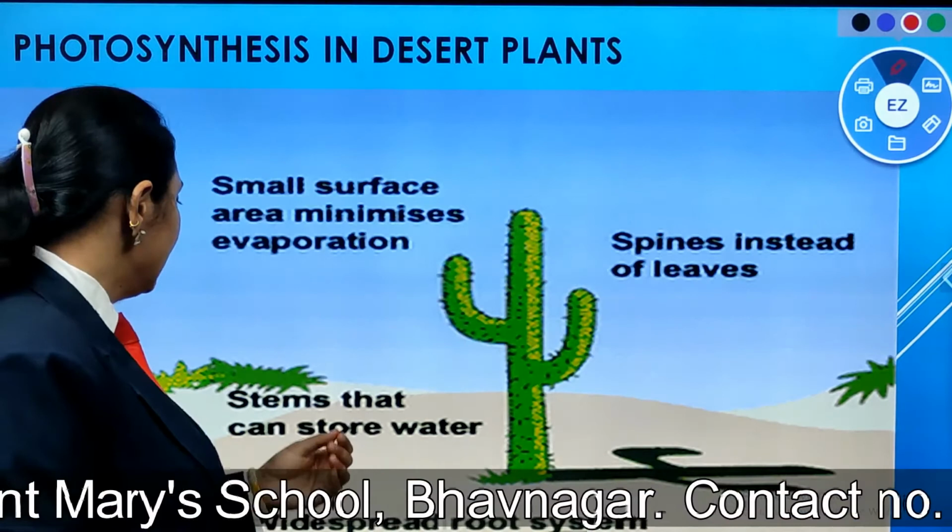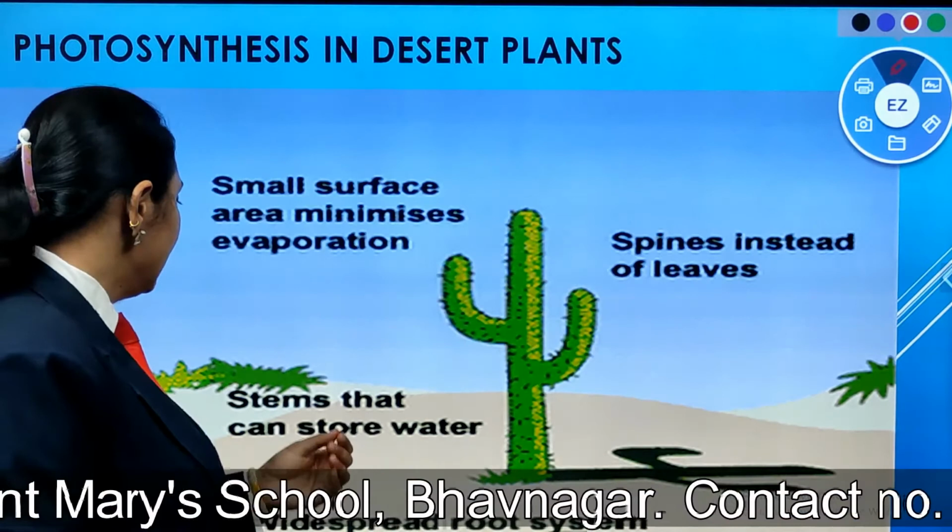Carbon dioxide is taken up by the tiny pores present on the leaf surface, known as, yes, exactly, stomata. It supplies the carbon and oxygen atoms that are needed to make glucose. These are the conditions necessary for performing photosynthesis. Right now I am going to ask you one question: if photosynthesis is not there, then what is going to happen? Do you think that it is very important? Yes, exactly, it is very important.